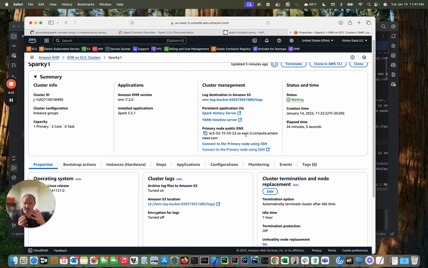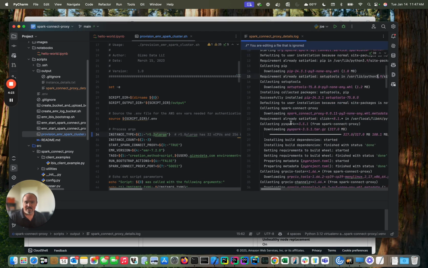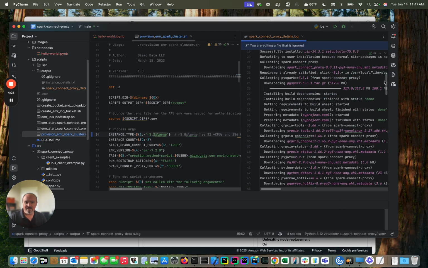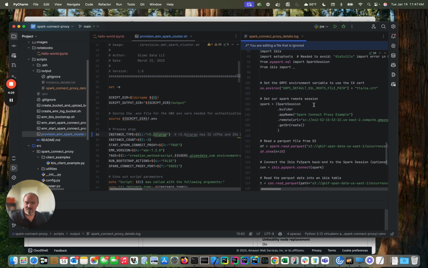But again, we need to be able to connect to that securely. So that's where this proxy comes in. All right, so we've provisioned this cluster, and one of the output artifacts of this is this log. And the log spits out an example of how to interact with your Spark EMR cluster securely using the Spark